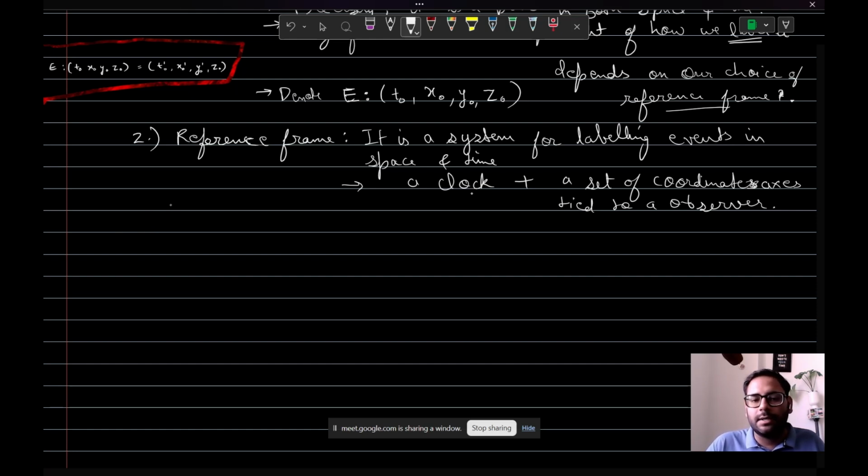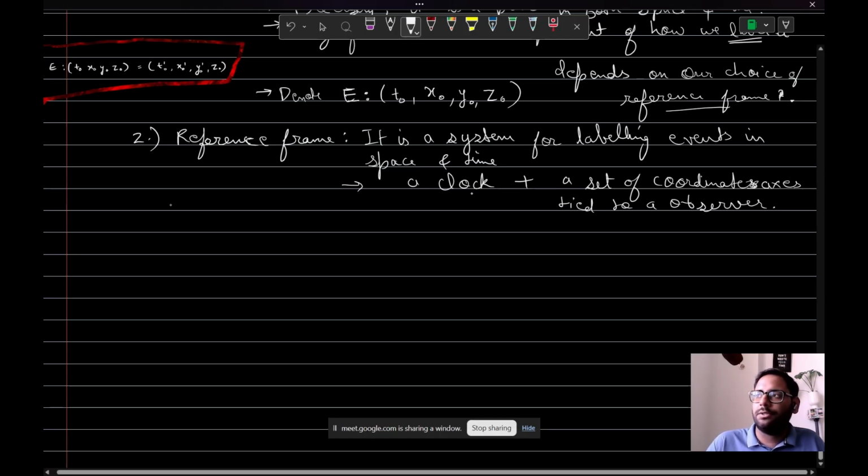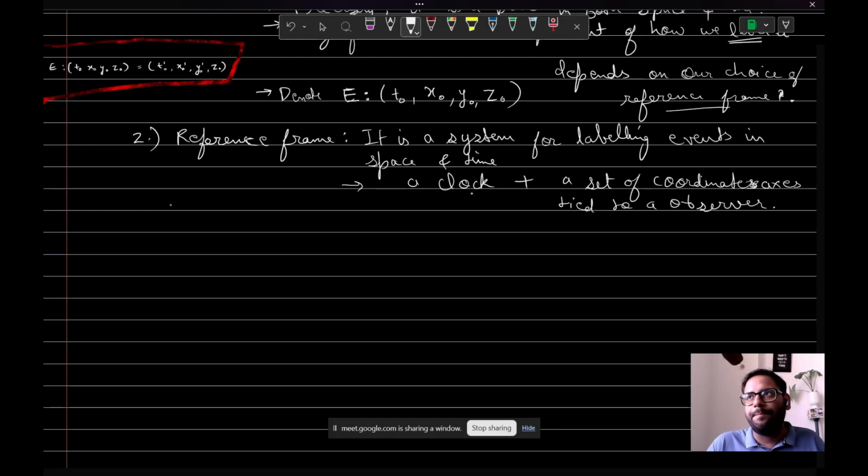You cannot just use the spatial coordinates to define an event, or just say come to the LHC classroom. You have to define the time also. So you intrinsically include the time coordinate to define any event, and that's why we are including all these in